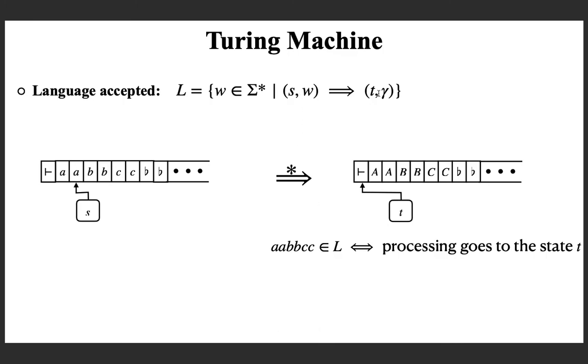So, this is the formal definition. If the computation reaches a configuration with the state as T, then regardless of the tape content and regardless of the read-write head position, you are accepting. So, the only difference when compared to the linear bounded automata is the unbounded tape to the right. That is the only difference. Here you are not restricted to use finitely many cells on the tape. You can use infinitely many cells. So, that is the Turing machine.